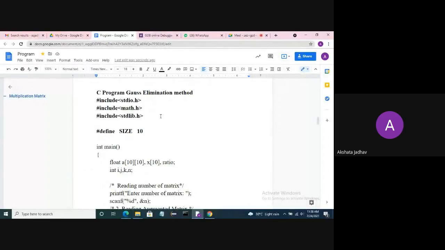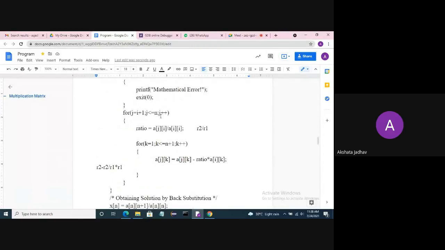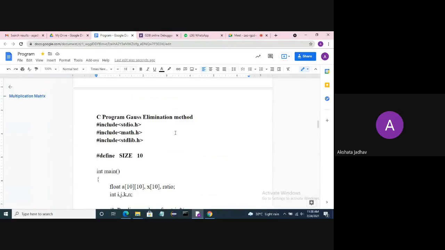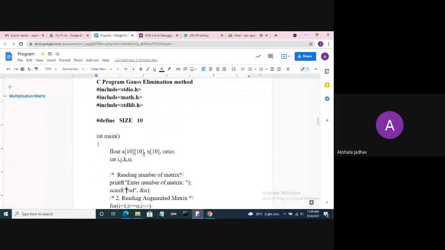Okay, header file. And next one, #include <stdlib.h>, the standard library. Why is it used? If you don't use it, it's fine, but it is used. It's your choice. If you want to insert stdlib.h, it is okay. Then #define SIZE 10. If your program executes, it is defined before.